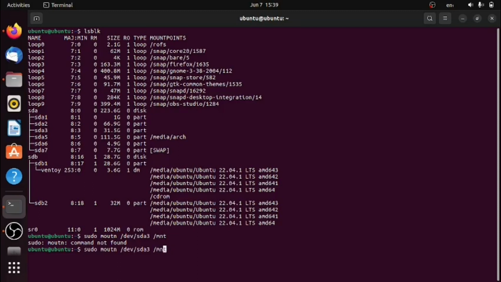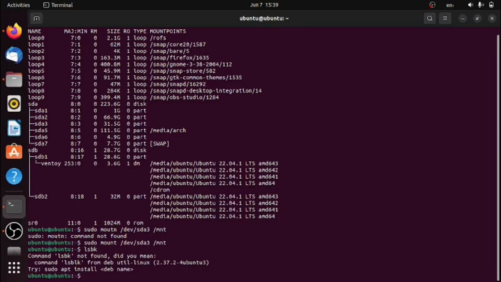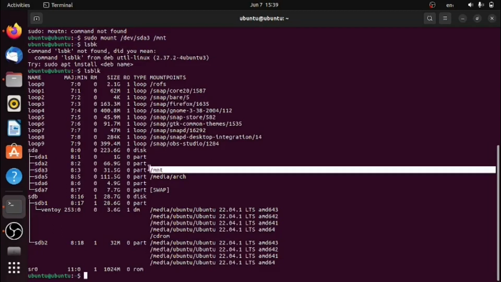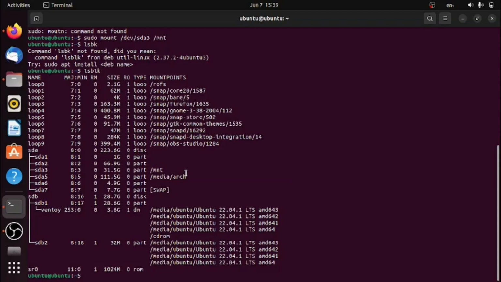Wait, sorry, I got a typo. Mount. Okay, so now we have mounted the partition, and you can check it with lsblk. As you can see, partition 3 has been mounted at /mnt. Okay, so what we are going to do is cd